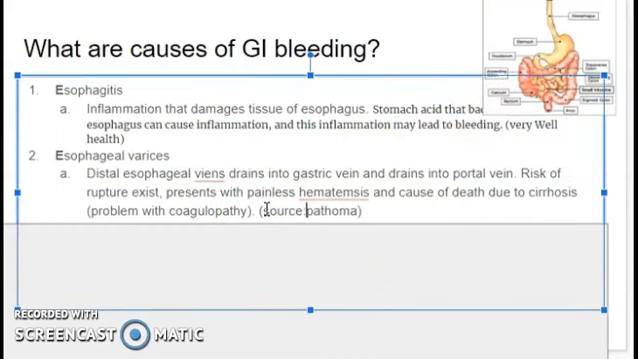and obviously, maybe due to portal hypertension, you may have some sort of liver cirrhosis. When your liver is not functioning, you're not producing enough coagulation factors, and that can also contribute to this. So like I said,